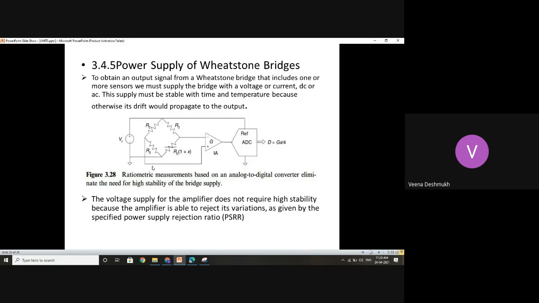So in most of the cases, ratiometric measurements are used. This, in the earlier classes also we have discussed, is especially the bridges with ratio arms. So this is what is done even in A to D converters also. The ratiometric ones, if they are used, automatically because of the ratio arms, such drifts are eliminated. Completely they are eliminated because in the ratio arms, the error which is getting propagated gets cancelled. So automatically the ratiometric type give highly stable, accurate results.